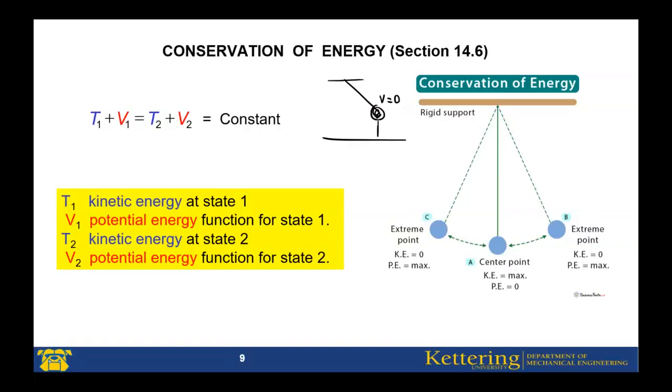Then this height, if I measure its h, for example, from this ground or this datum line, this pendulum has a mass of m. If I release this pendulum and it reaches this point, it has a maximum velocity,